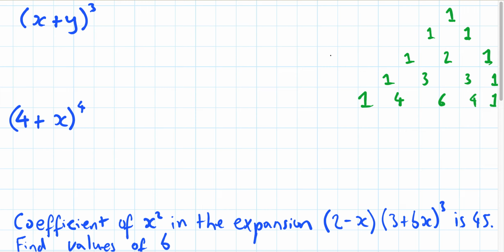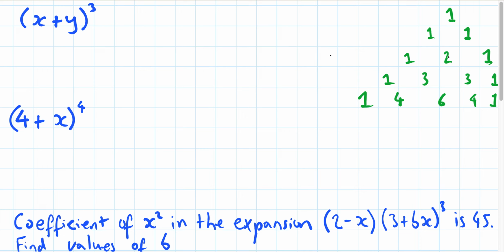Videos on Pascal's triangle, which I've written down here. I'm just going to explain Pascal's triangle quickly and then show you guys how to use it in different examples. So Pascal's triangle starts with number 1, and then on the second row 2 ones, and the third row we have the 1 on the side, and then the number in the middle is the previous 2 added